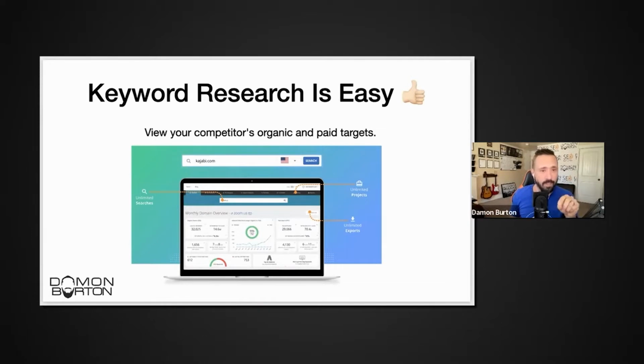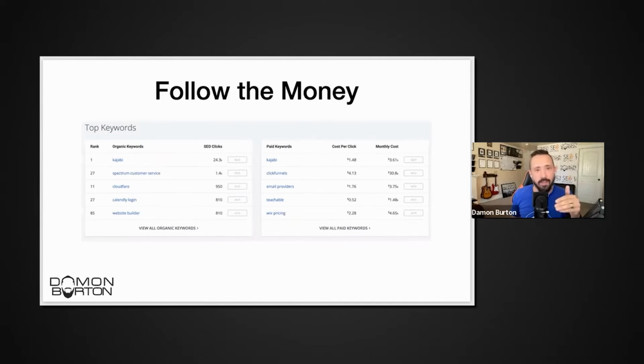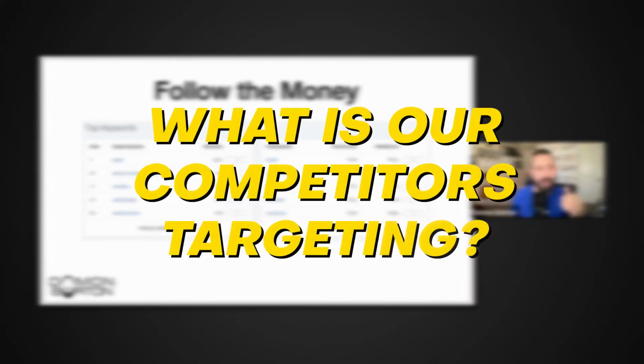So when I went through and did this presentation for Inner Circle, we dug into the competition. One of those competitors is Kajabi. So there's tools like this. This tool is SpyFu. If you search SpyFu, you can use this for free. They have paid accounts, but they have free ones as well. And so you can come in here and we type in Kajabi. In it, we can go, what are our competitors targeting?